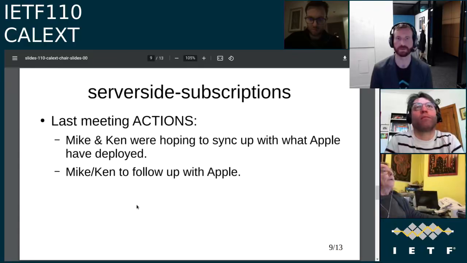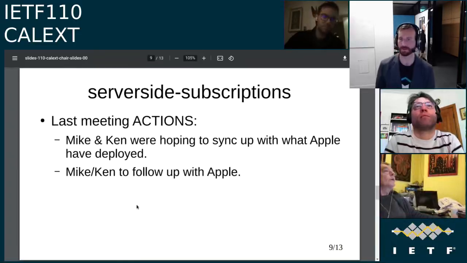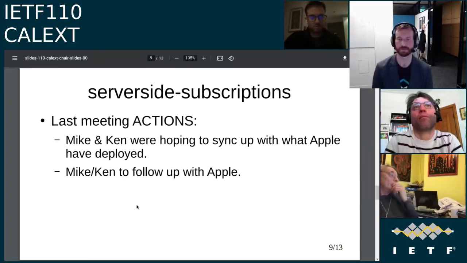All right. Server-side subscriptions. So it was going to try and sync up to what Apple have deployed. Yeah, I don't think we've got any further with it. Cool.